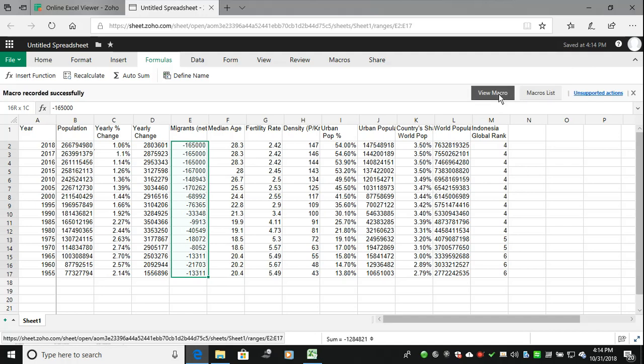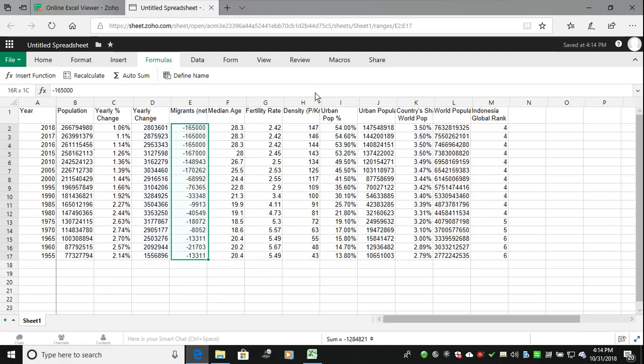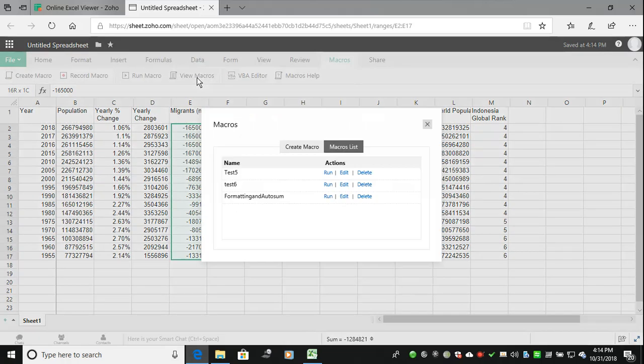I'm planning to view macro. I'm planning to edit.